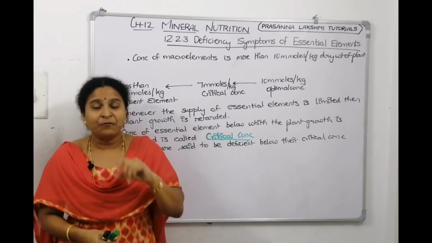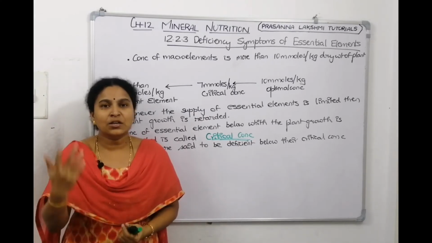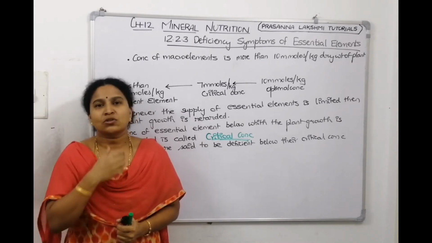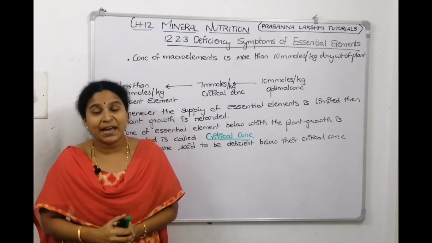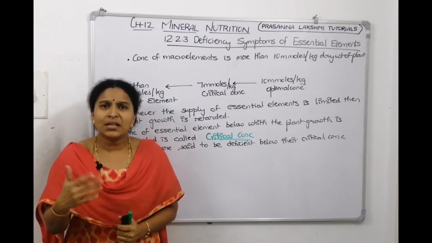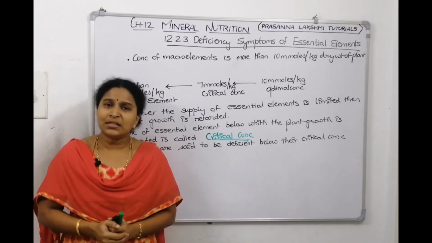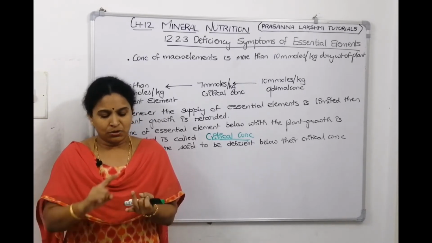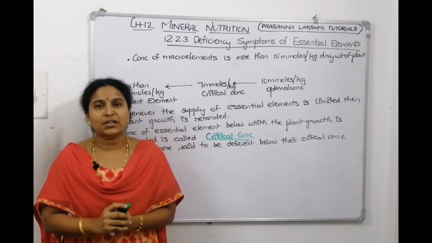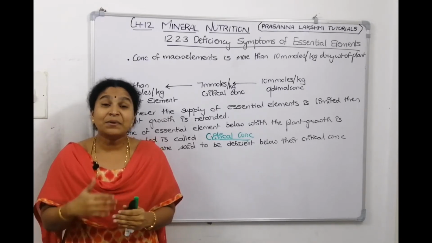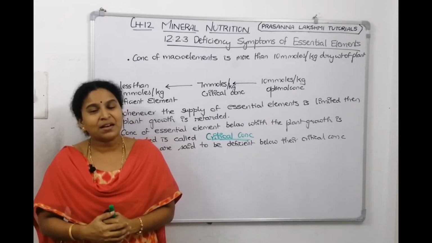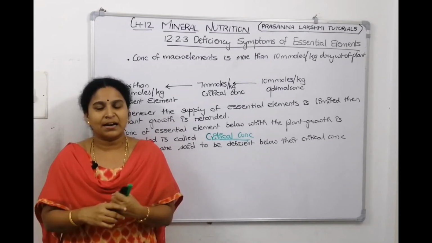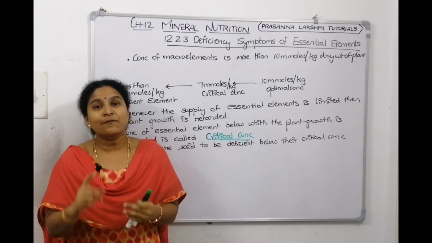For example, if I'm getting a cold, what symptoms do I show? Watery eyes, sore throat, body ache, and a running nose start coming. All these are the symptoms of cold. In the same manner, what are the morphological structures of a plant? Root, stem, leaf. The plant also starts exhibiting deficiencies. The plant cannot speak, but it can show that this element is deficient, so my root growth got retarded, my stem growth got stopped, my leaf growth got stopped.